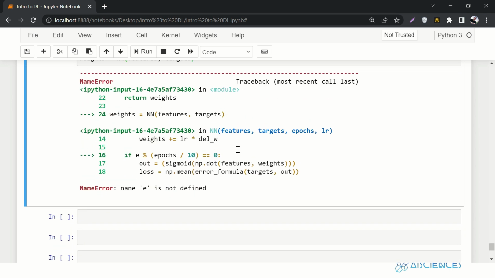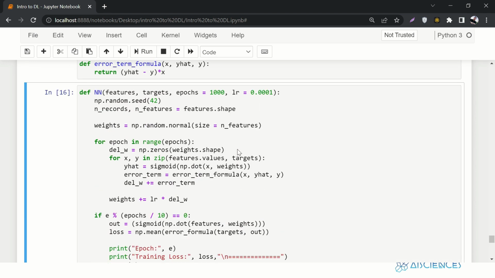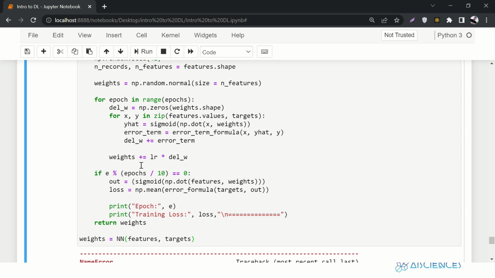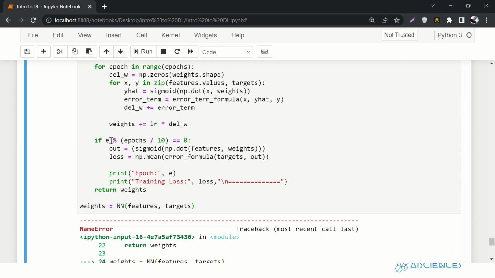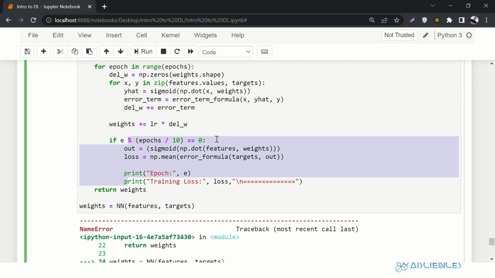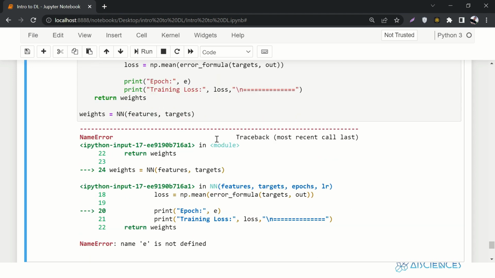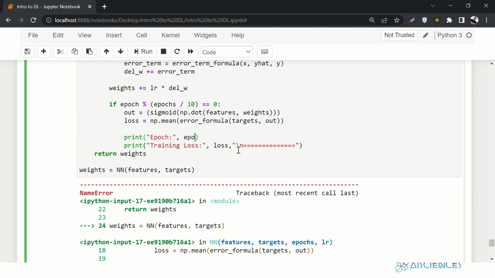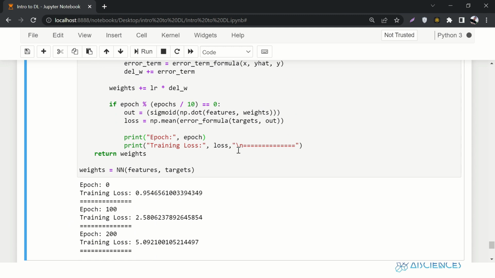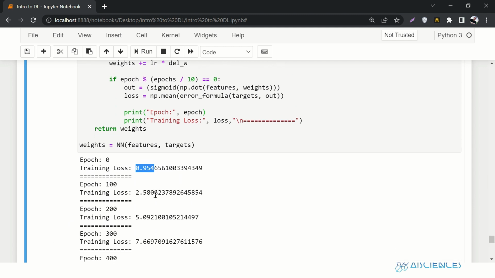Oh, it is giving us an error. It says that E is not defined. Where have we used it? Okay, here. I think this should be inside the loop, and this is epoch. Yeah, let's run it now. Again, it gives us an error. It says E again. Oh, now E is here as well, so here we'll say epoch. Run it. Great. So at epoch 0 our error was 0.9, or you can say training loss was 0.9, and